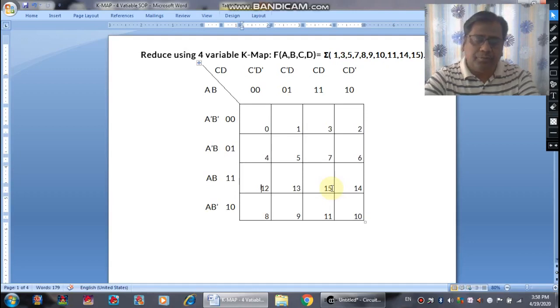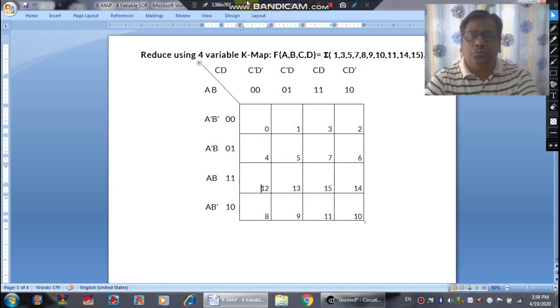Just a brief recap. In the bottom right corner of each cell you have to write the cardinal, which is the decimal value of the binary of that cell. If we see the first cell, the binary is 0000, its decimal number is 0. That's why we refer to it as 0. Similarly, the next ones are 1, 3, 2, then 4, 5, 7, 6. Then we will skip a row and write 8, 9, 11, 10. And then again come back to the third one, with 12, 13, 15 and 14. This is the way we will fill the structure.